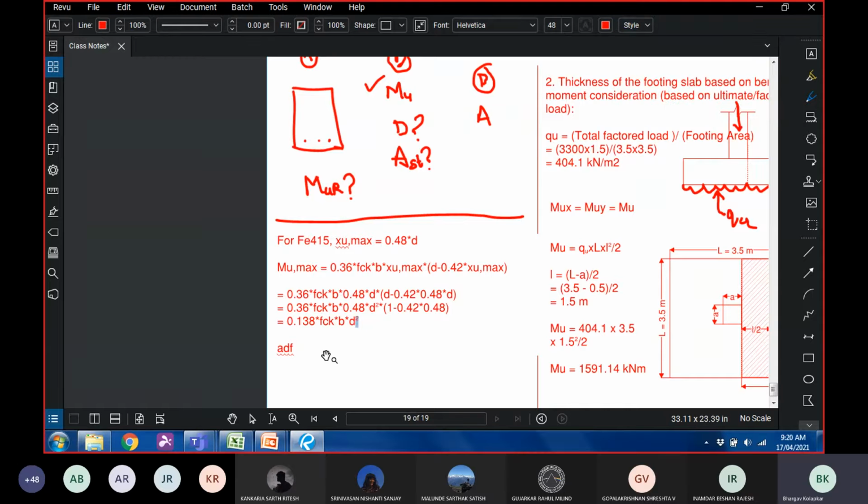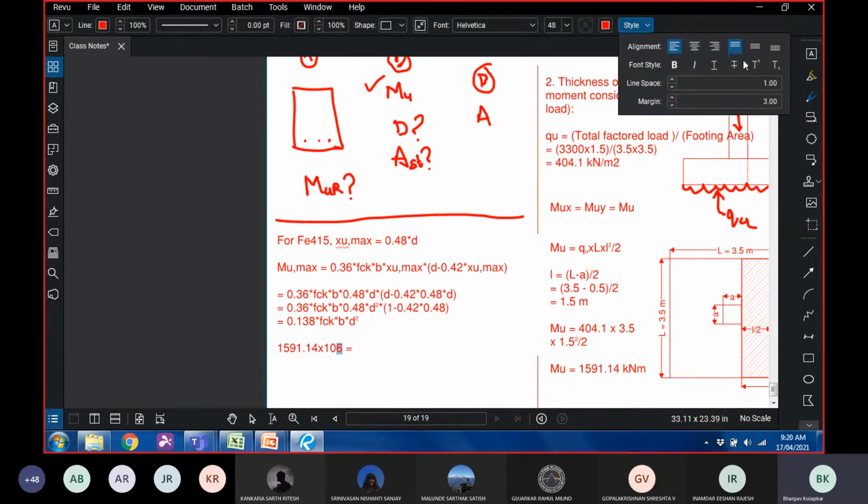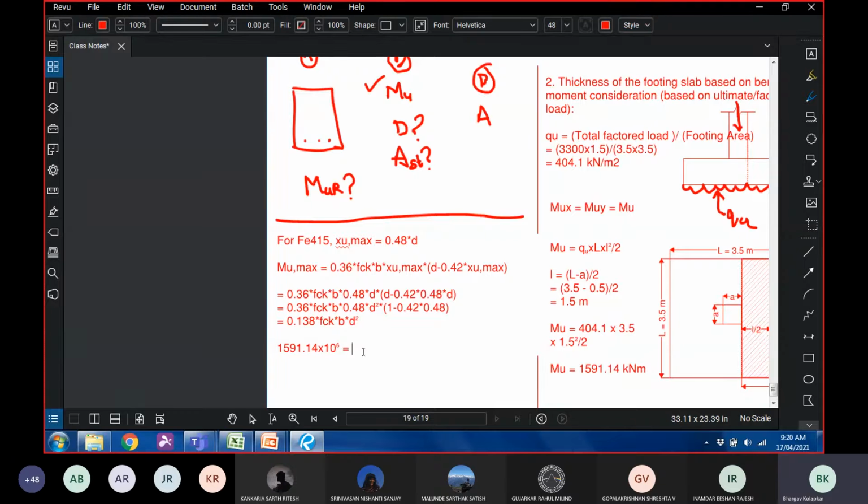So now in this formula, we know everything except D. So just putting all the values, 1591.14 into, we have to be consistent in units. This is a very common mistake. Since FCK is in Newton per mm square, which is megapascals, B is in mm, D is in mm. Therefore, this has to be in Newton mm. Therefore,